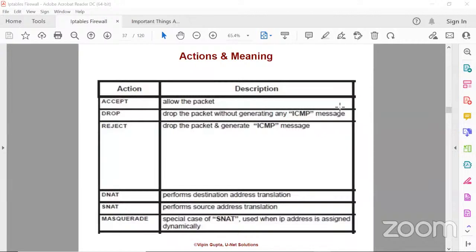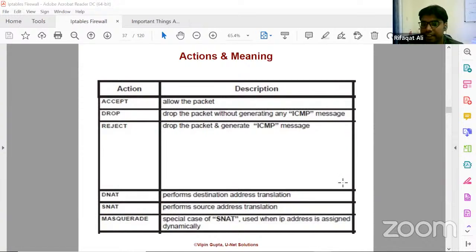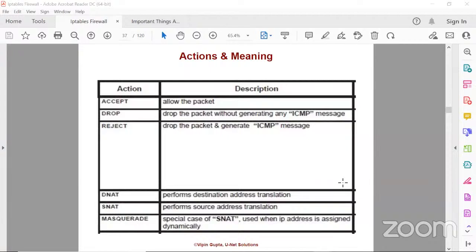Participants, if you have any question, you can write in the chat box so that sir can reply to your question. Please, you have raised your hand, so I think you were asked to mute. I do not have the permission to unmute the students. So the student can type, yes, please ask the question.